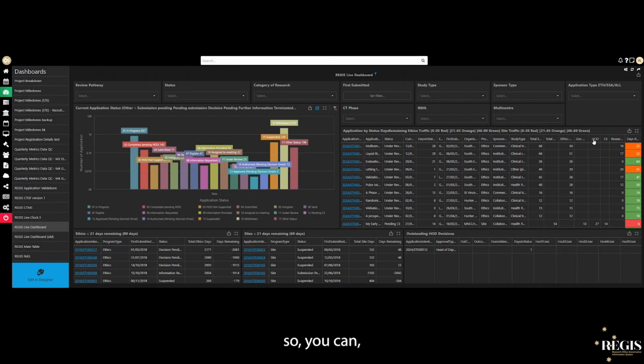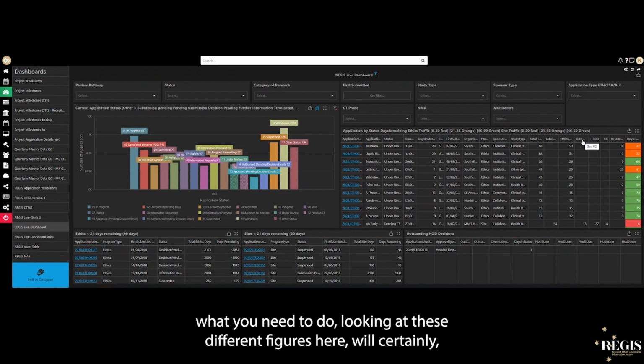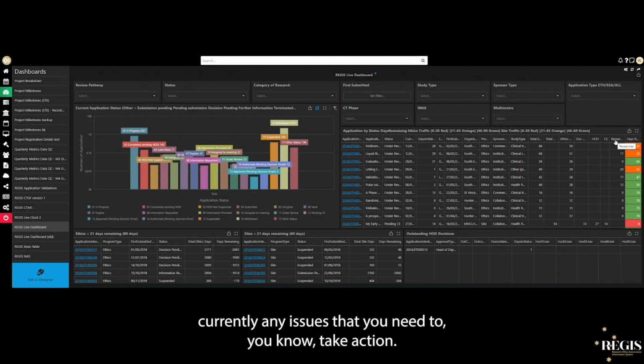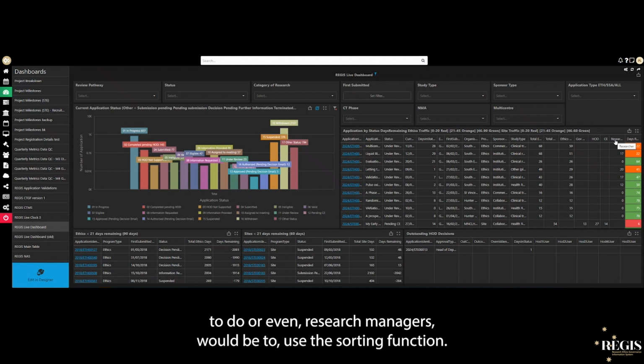So depending on what you need for your report or what you need to do, looking at these different figures here will certainly assist you to identify whether there are currently any issues that you need to take action on. But the action I usually advise RGOs to do, or even research managers, would be to